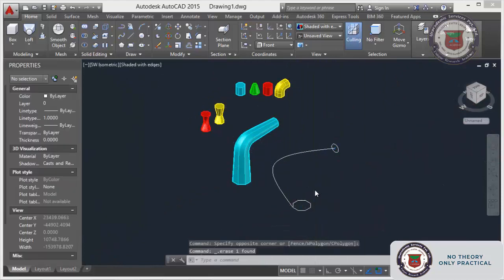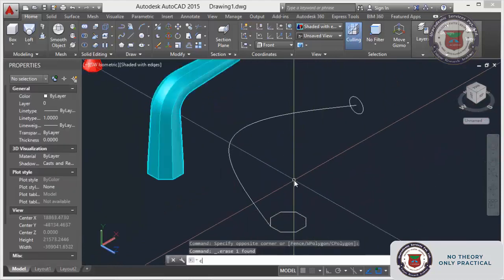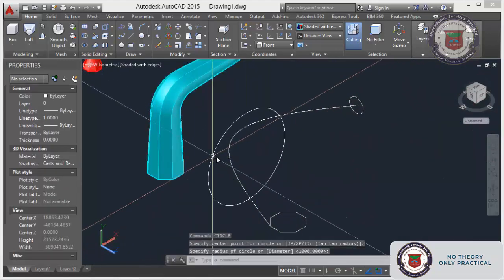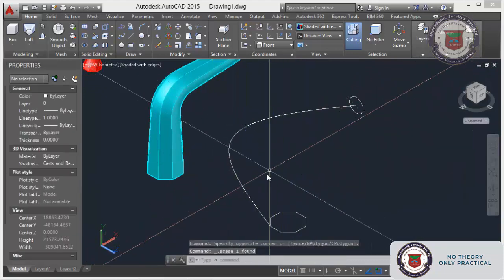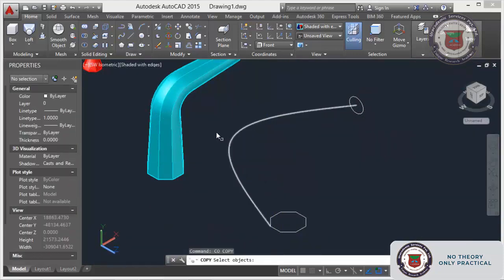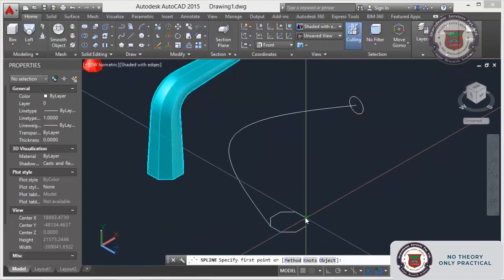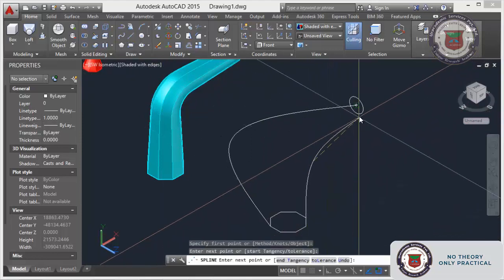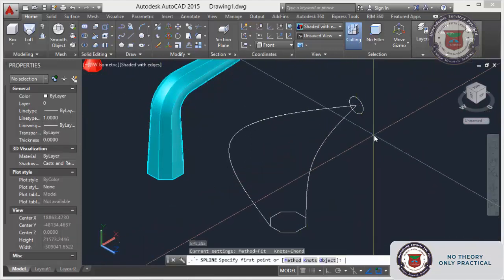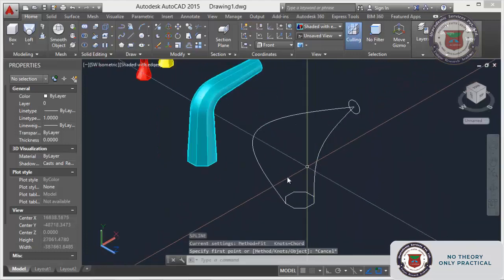This is my guide. Another guide also I will make with SP line. There are two guides I have prepared.